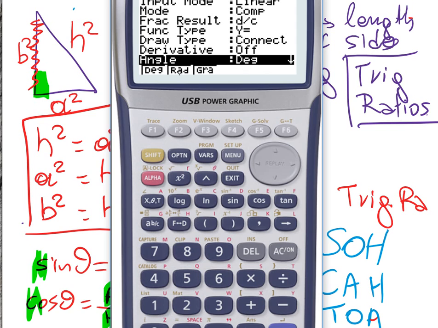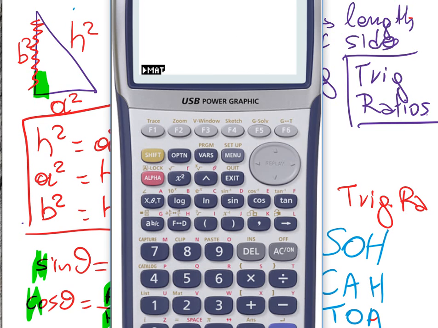We're going to work with this later. Make sure that you set it onto degrees, and then you can find the sine of any given angle. Let's say the sine of 45 degrees equals